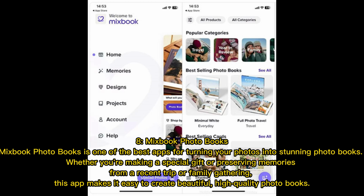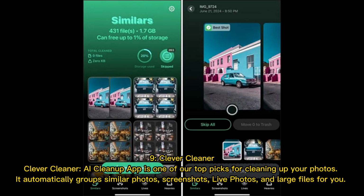Whether you're making a special gift or preserving memories from a recent trip or family gathering, this app makes it easy to create beautiful, high-quality photo books. 9. Clever Cleaner. Clever Cleaner, a cleanup app, is one of our top picks for cleaning up your photos. It automatically groups similar photos, screenshots, live photos, and large files for you,